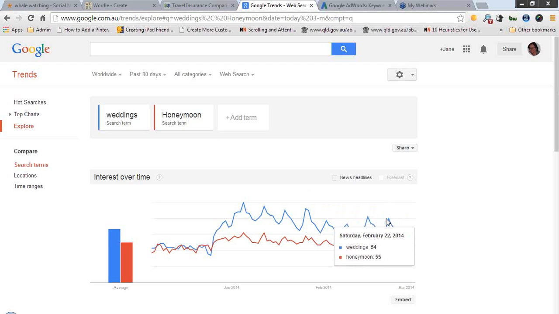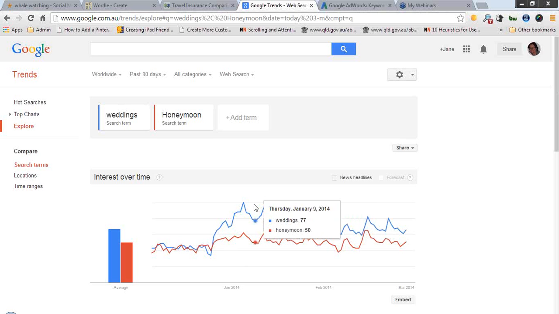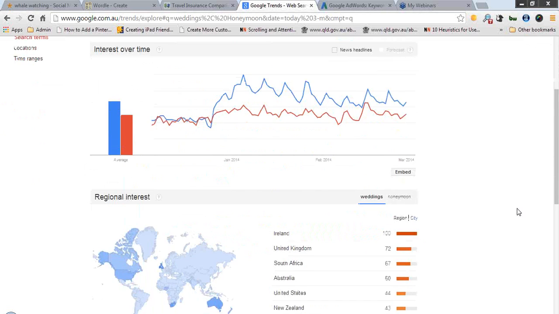Sunday, February 16, Sunday, February 22. What is that telling us? The spikes are on a Sunday. People plan weddings on Sundays, perhaps. Perhaps you could put in an AdWord campaign with the word wedding in it each Sunday and see how you go if you happen to be a wedding venue. I'm just giving you an example here, but this is how you can use this kind of data to help make you more effective.